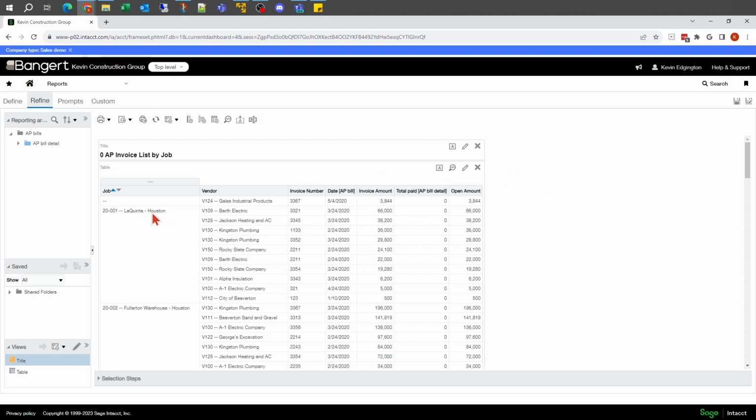So now when I look at this report, I'll see this job. Here's all my vendors. Vendors are showing up multiple times because I'm sorting by the dollar amounts. And there's my most expensive invoice associated with this job, down to the least priced one, which was a $500 invoice. So that's how I can control how different things sort.